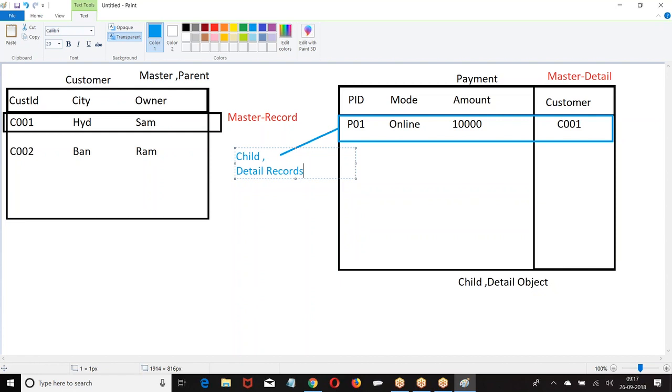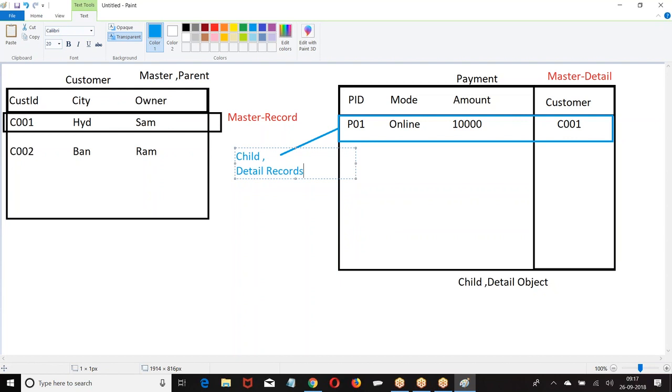At the time of creating every custom object, we had one default field called name, which was created. That name field will be displayed. But actually, what is stored in the field? ID of the record is stored.